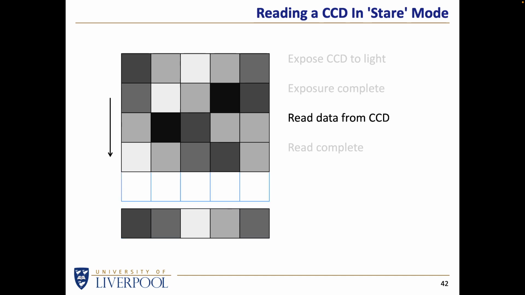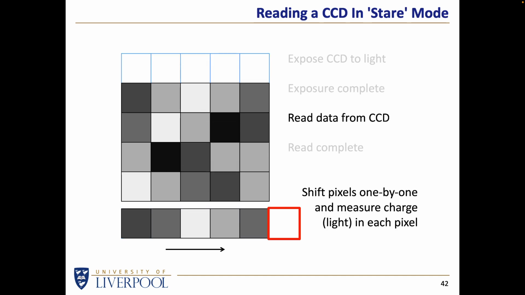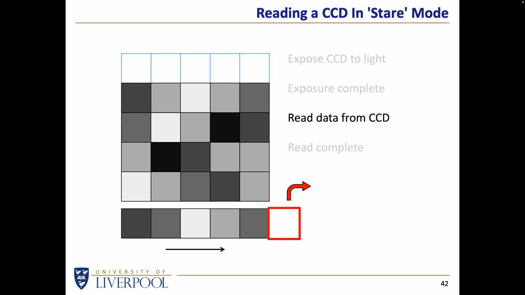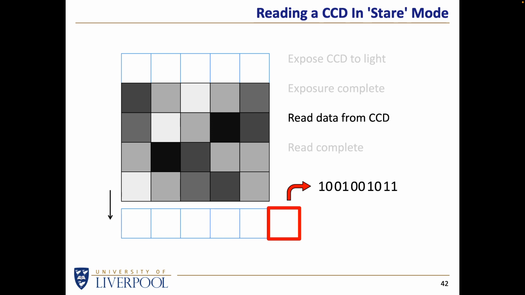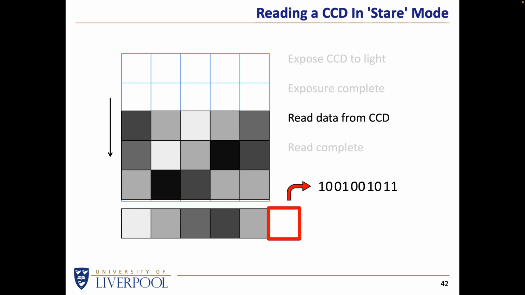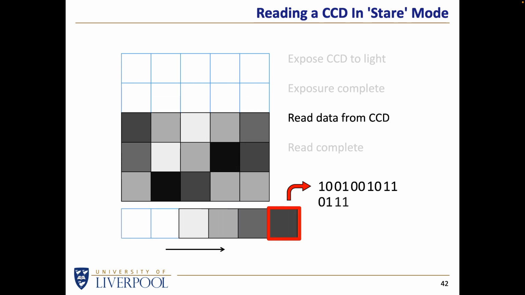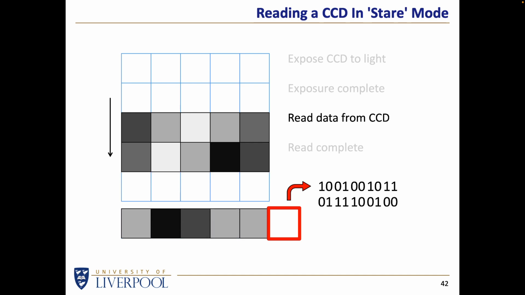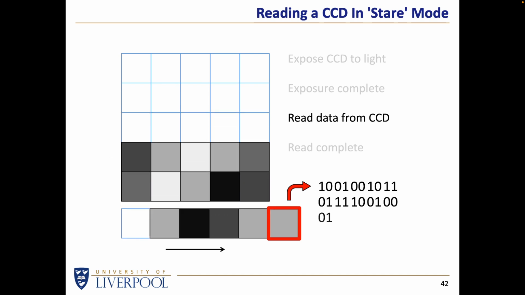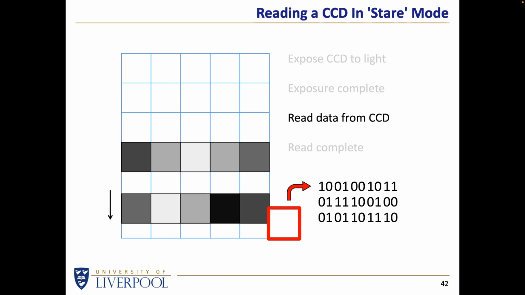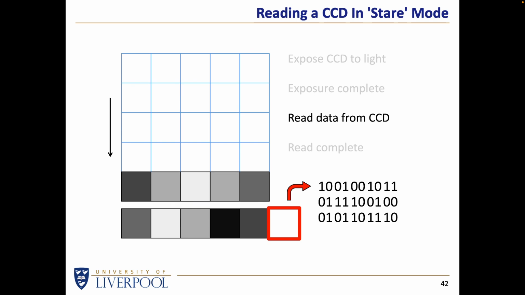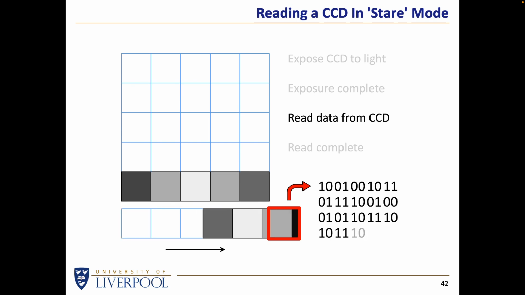To read it out, each line of the CCD is shuffled down into a register, and then the register is shuffled across, and each pixel is converted into a number. In other words, the amount of charge in each pixel is measured. Then the next line comes down, and then again, the register is read through pixel by pixel by pixel. It takes about a millisecond to drop each line into place, and it takes about a microsecond to read each pixel and convert its charge into a number that ultimately will tell us how much light arrived at that particular